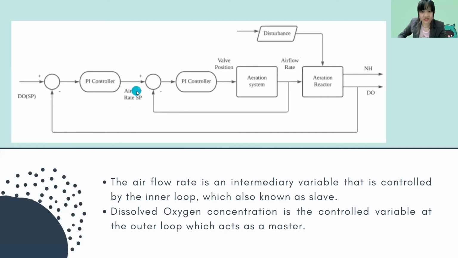The air flow rate is an intermediate variable that is controlled by the inner loop, which is also known as the slave, while the dissolved oxygen concentration is the control variable at the outer loop, which acts as the master. The advantage of a cascade control system is that the nonlinear dynamics of the element in the slave control loop can be compensated by the slave controller, meaning the master controller can see a more ideal behavior,